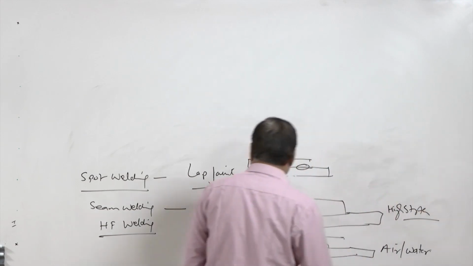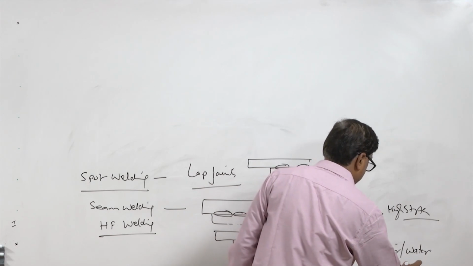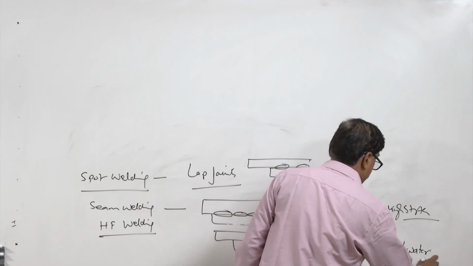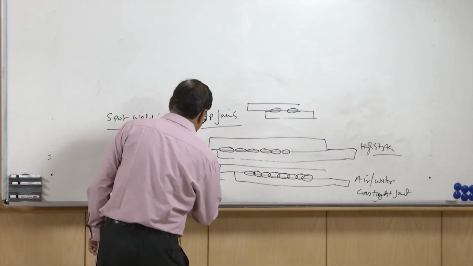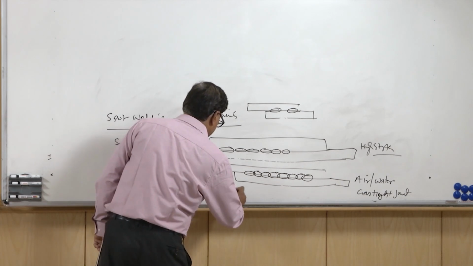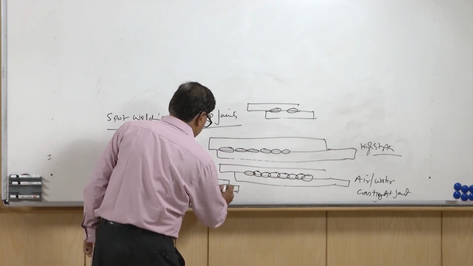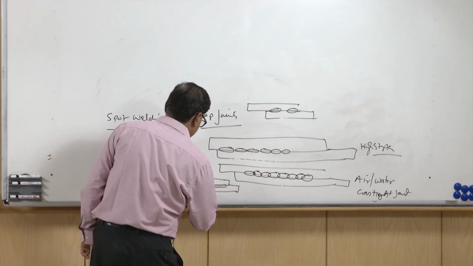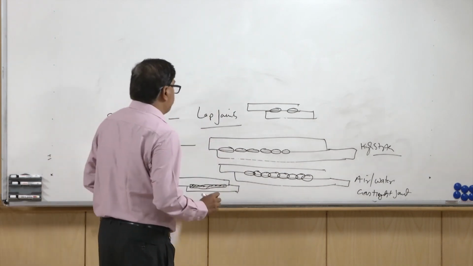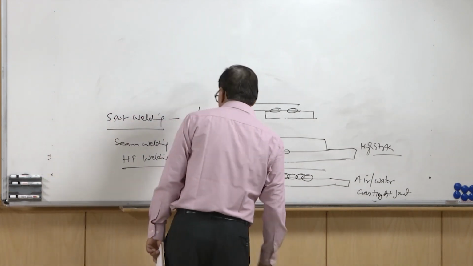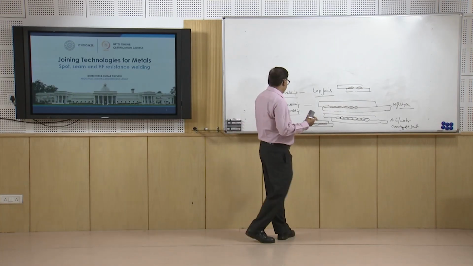joints, and when the continuous one is made, that is for the gas tight joints. In case of the gas tight joints, we will see that there is a continuous nugget formation. So, when overlap is more than 50% and the nugget is formed continuously, and for this purpose mainly the rollers are used, which will be fed with the desired current, which may be continuous or may be fed